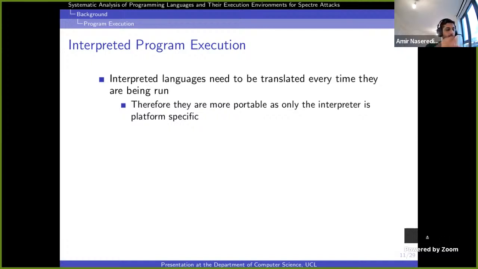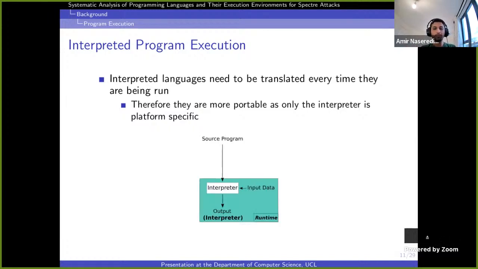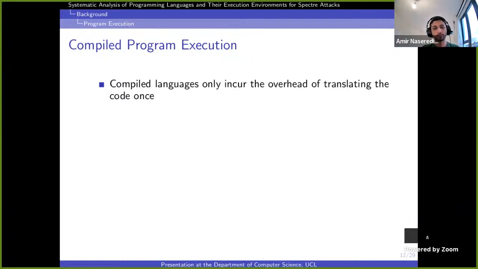We can take the program and run it anywhere as long as the interpreter is installed on that platform. The way we interpret them is shown in the figure. We have the source program, we interpret it during runtime, we use the input data, we get the output, and everything is done during runtime.